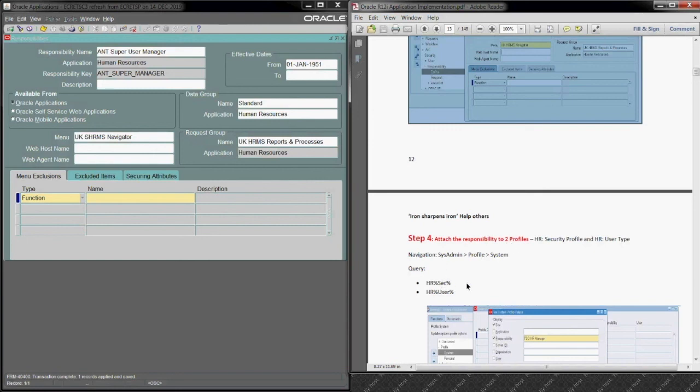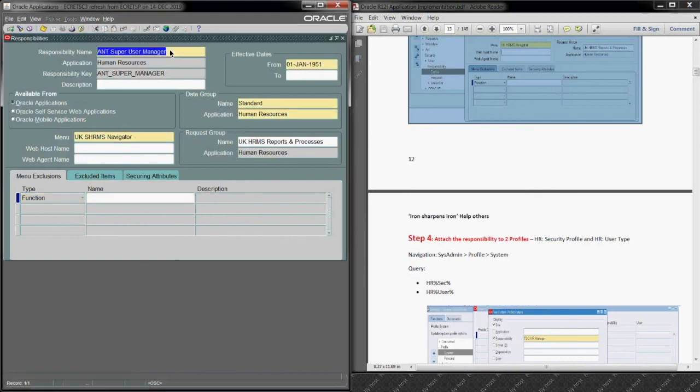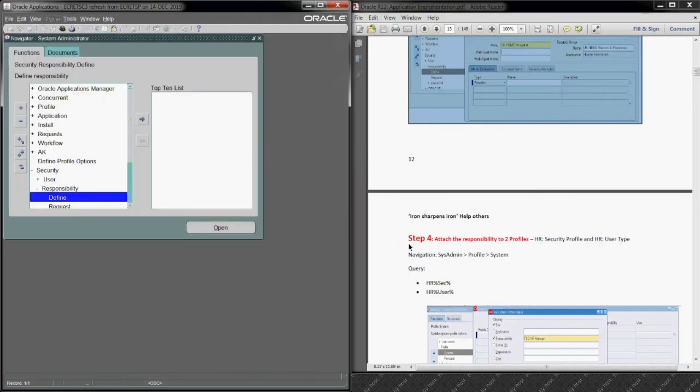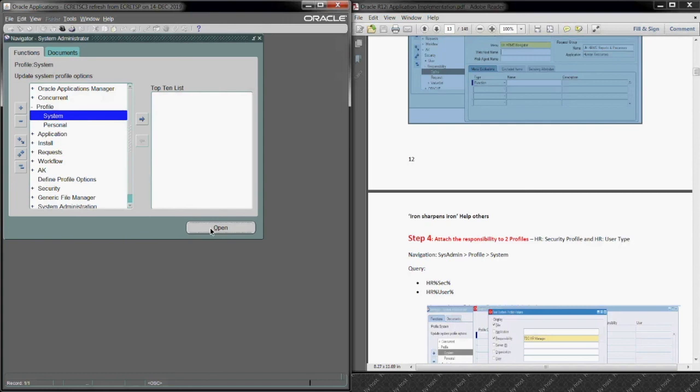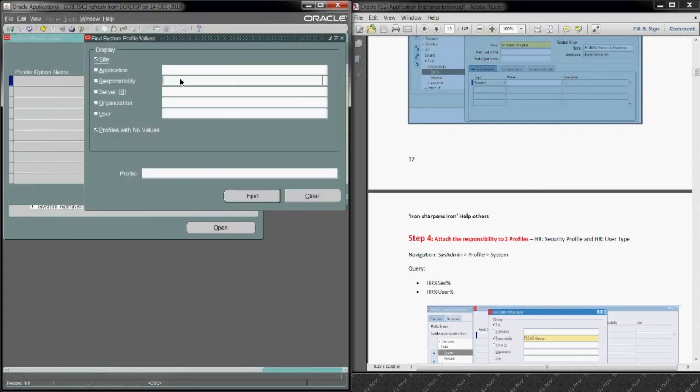So these are the main two profiles which I wanted to do. We can add more anyway. So you just click there, and the step is sysadmin. We are in sysadmin already. It says profile. So actually, let me just use this. So it's profile system actually. Yeah. So profile, then system. So you just click on your responsibility. Just put it here, and here what you need to do is to